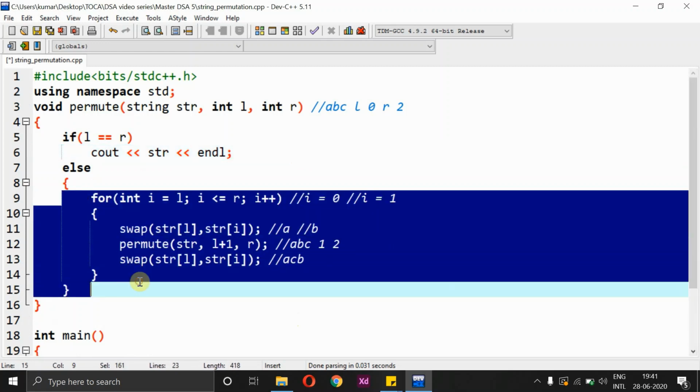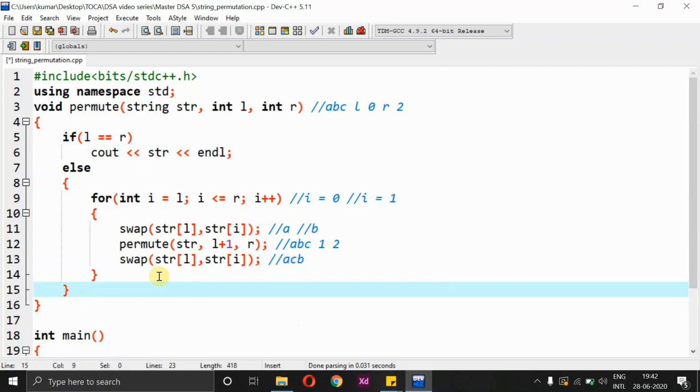going through this entire for loop, right? So I'd prefer you guys take a paper and a pen to work out separately with I value, left value and right value, and try to get how this program logic actually works, how we are executing the program and getting back the output. So that's all about this code.